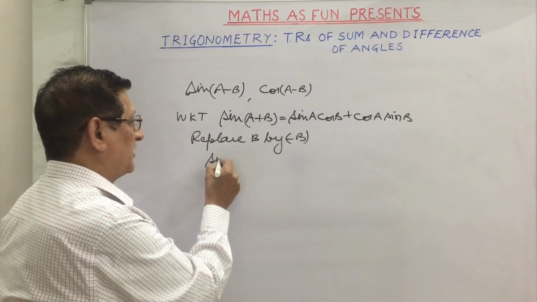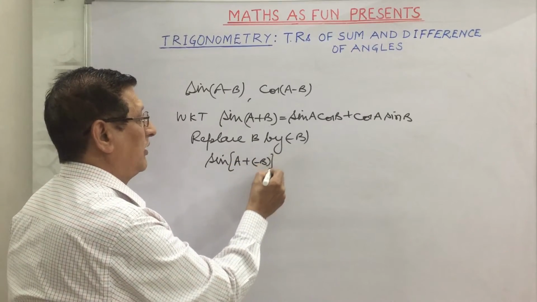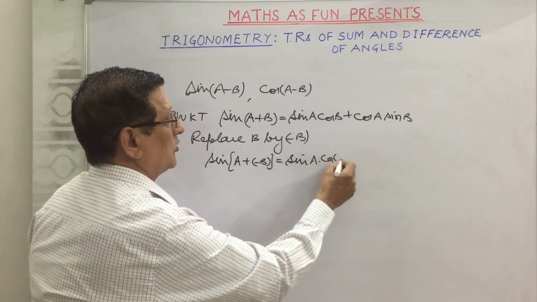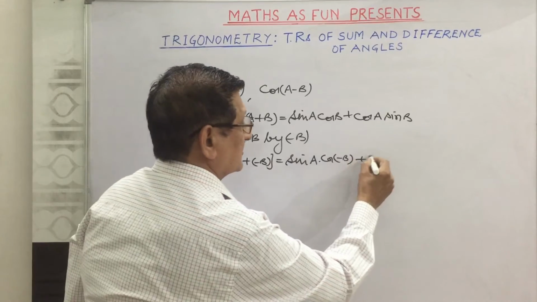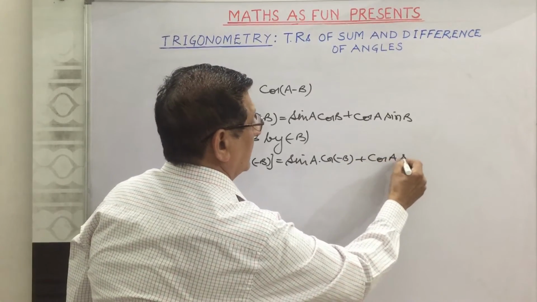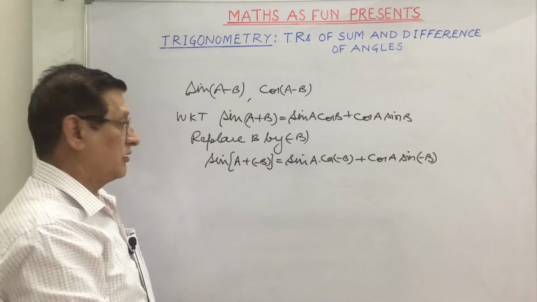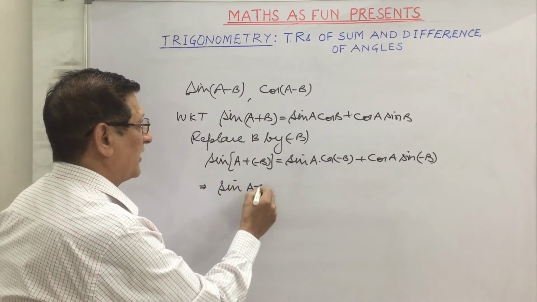We find this will become sine of A plus minus B is equal to sine A into cos of minus B plus cos A into sine of minus B. And we get here, this is sine of A minus B